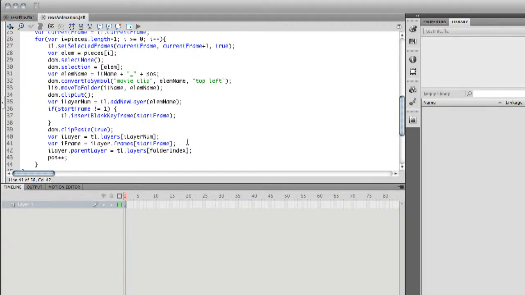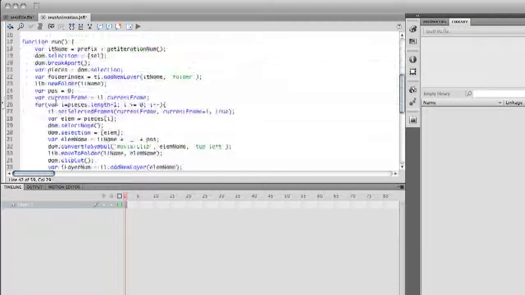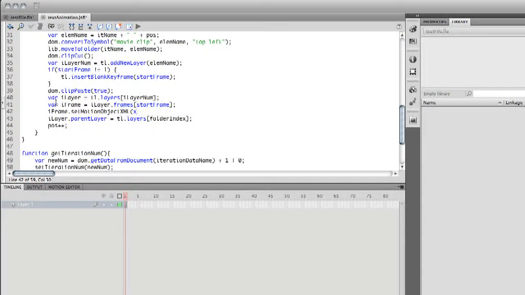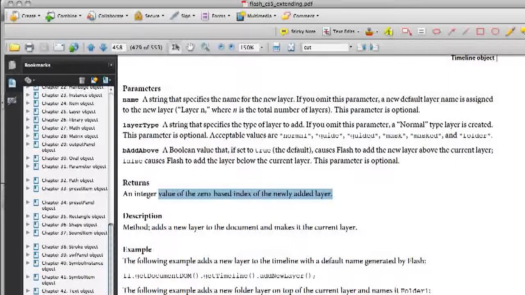So now that we've got this frame variable, we can write the motion object function. So we can say iframe set motion object XML. Remember, all these functions are on there. We're going to use this XML we grabbed from the motion tween. We're going to put that in there, and we're going to say true, which, if you look in the documentation,